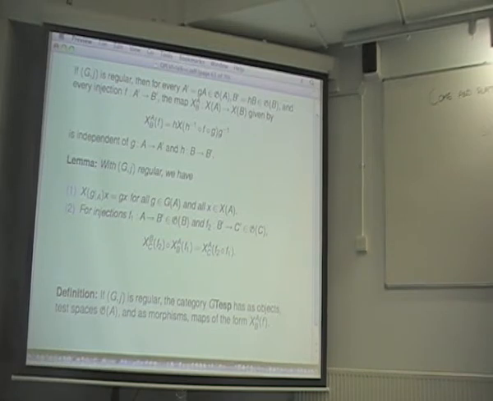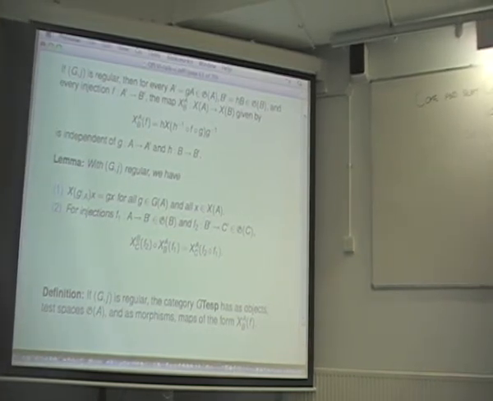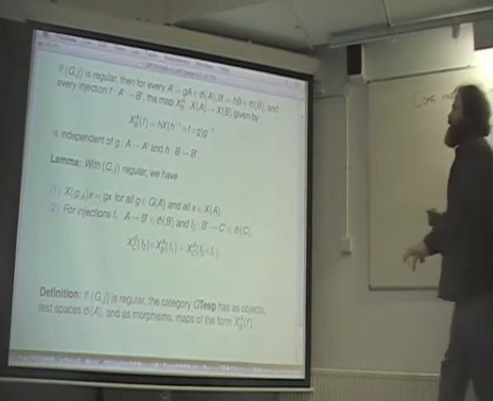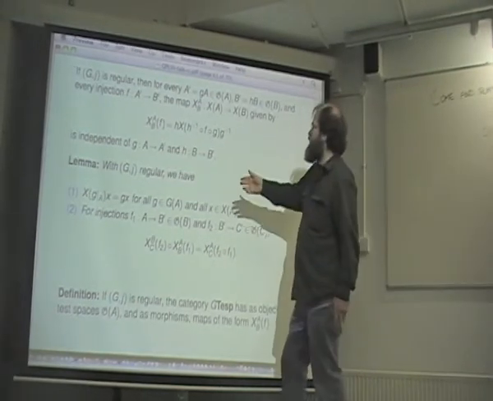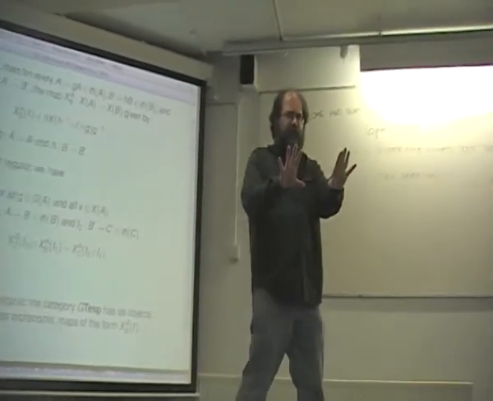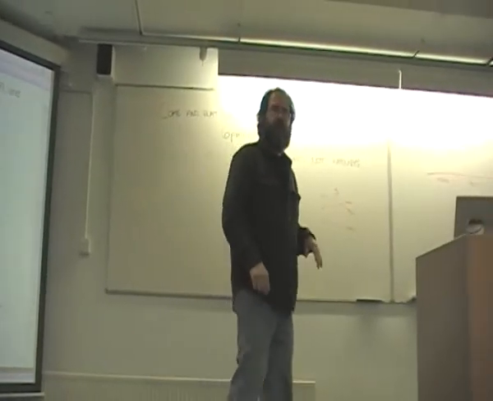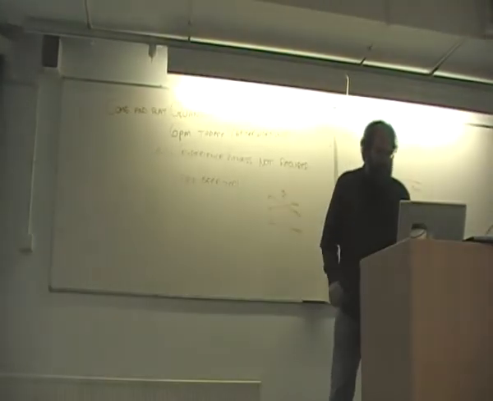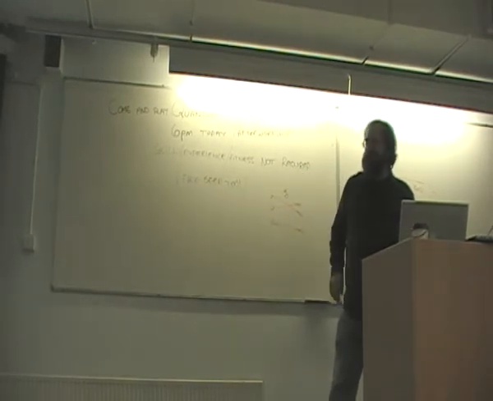I can define, again, I won't read the details, functors in a nice way associated with maps between not just the reference sets A and B, but any pair of tests in the 2 test spaces. And it composes naturally. So I have a category that I'll call G-test, G being the functor that I started with.